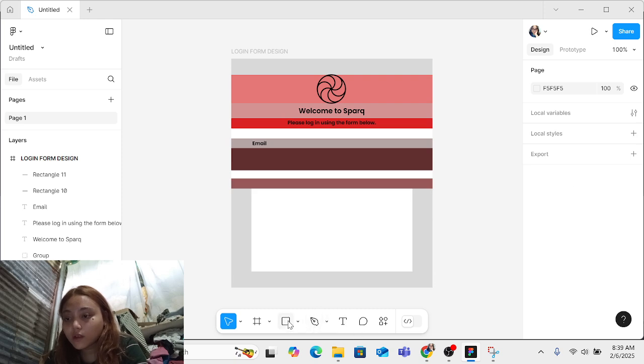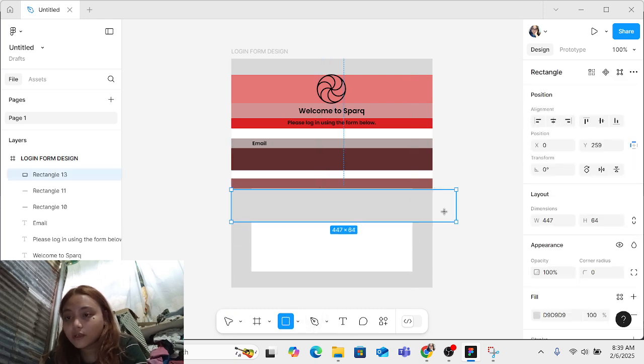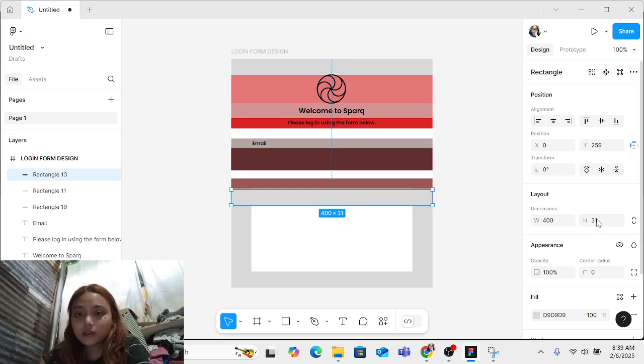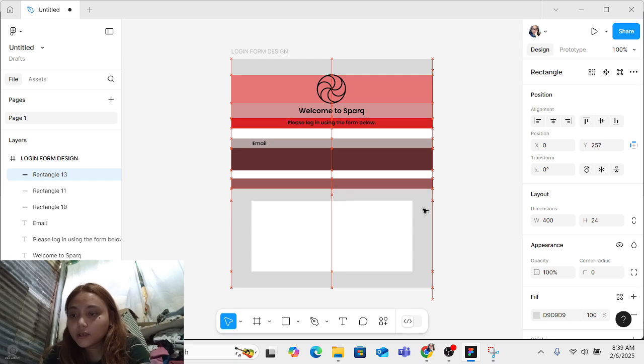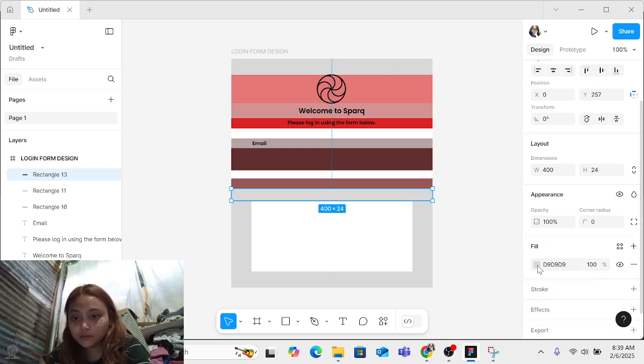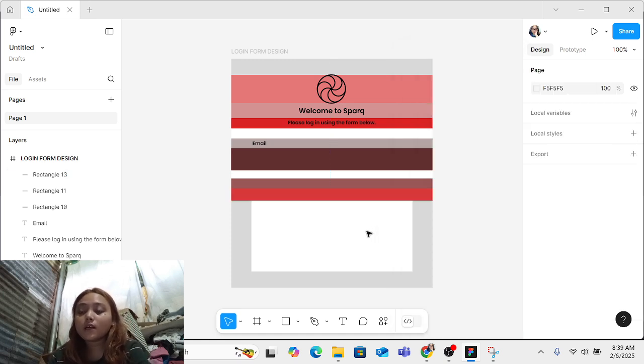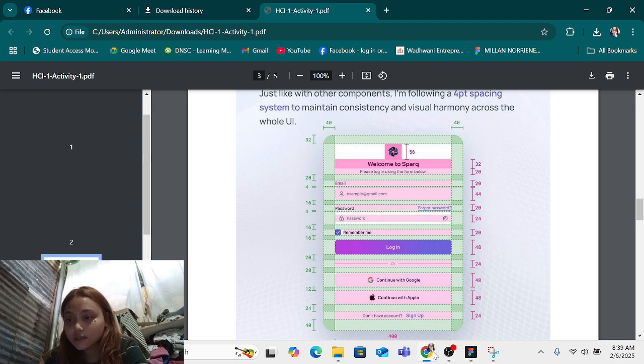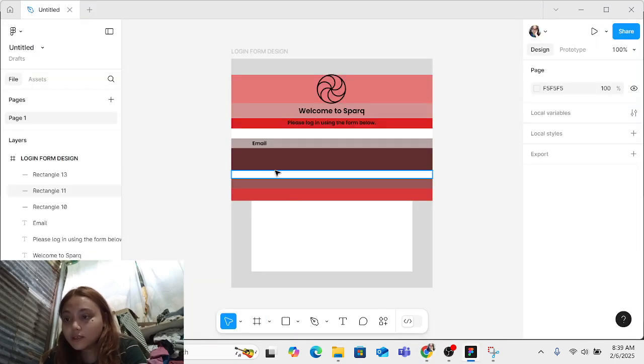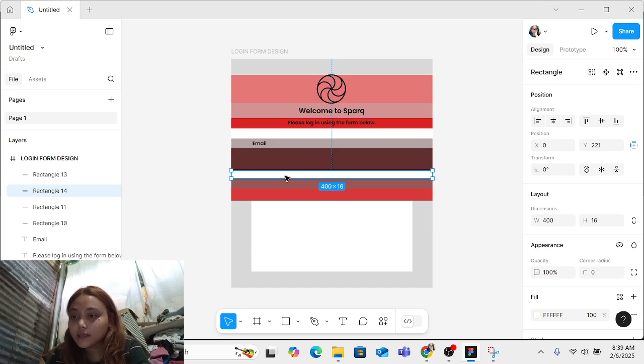Okay, let's create another rectangle for this. Then 24. And same as the first thing we did to the other ones, let's change the color to a different color so we know that we will put later a logo, icon, or text there. So next is another spacing, which is 16. Let's copy this and just the same thing, put it under.